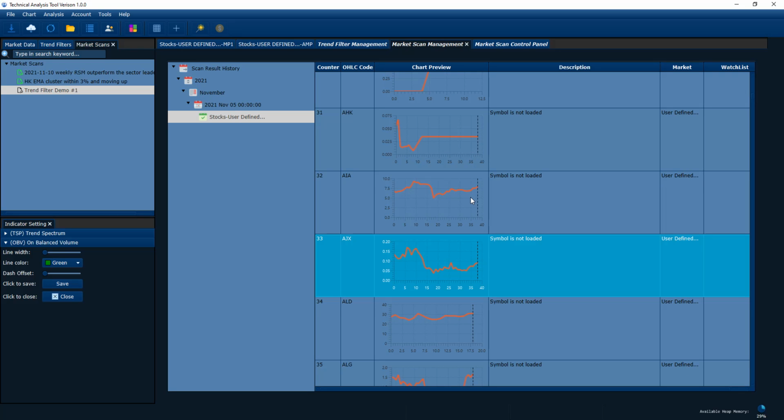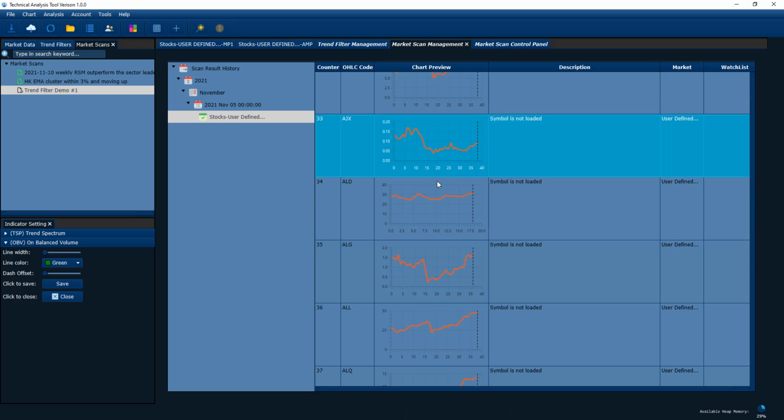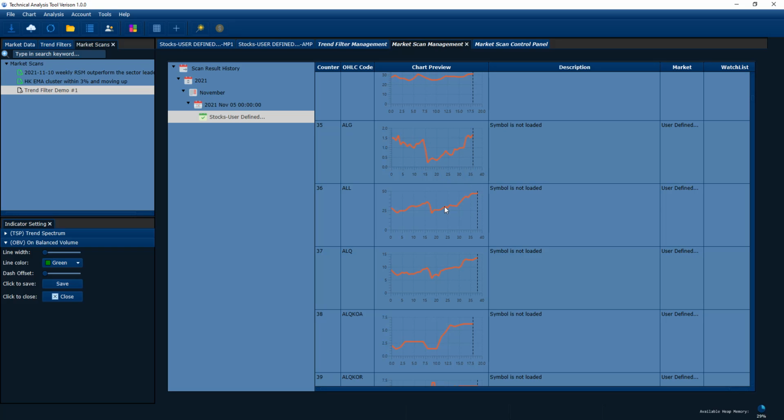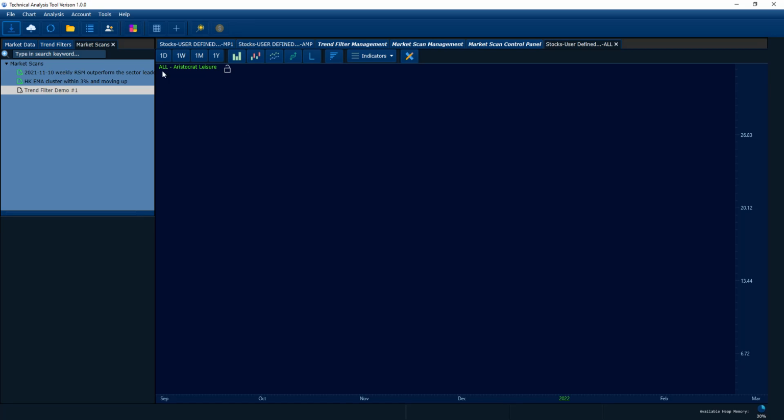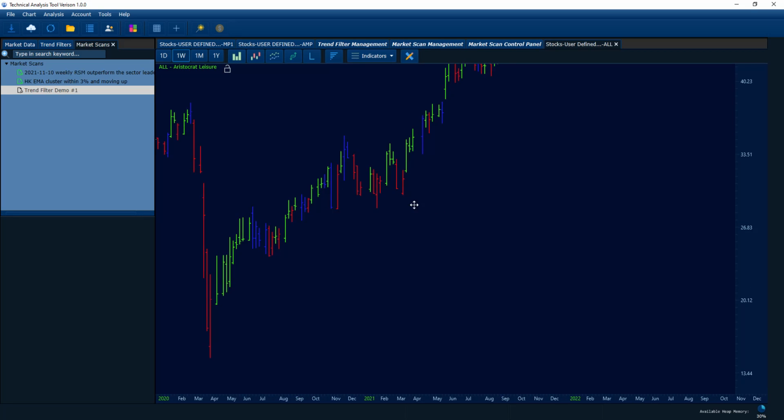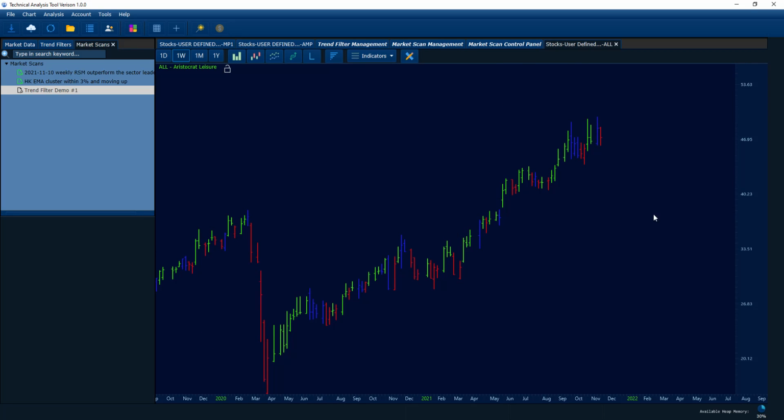you can do your manual check. For example, if you want to check an individual chart, you just double click on it. Let's make an example. For example, this one, ALL, and just double click. It brings up that chart weekly, as you can see. So this is the weekly chart of this